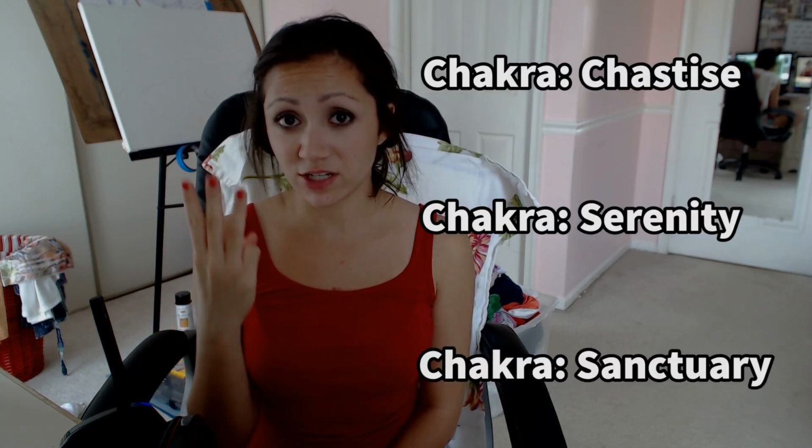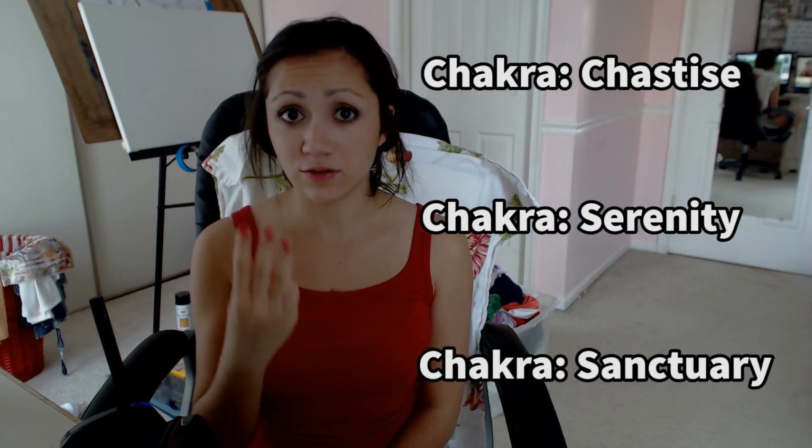If you want a better understanding of chakras and how my macros work, then continue watching. So to begin with, what is a chakra? A chakra works as a buff or an aura. It lasts until canceled or until you swap to another chakra. There are 3 chakras: Chakra Chastise, Serenity, and Sanctuary. Each has a 5-second cooldown. So if you go into Chakra Chastise, you have to wait 5 seconds before you're able to go into Chakra